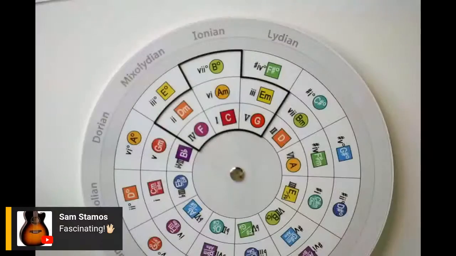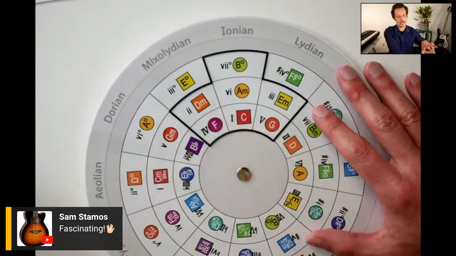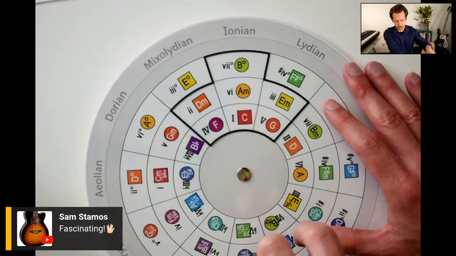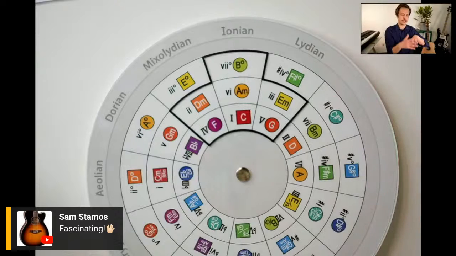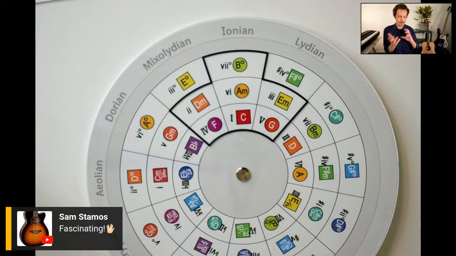And the circle of thirds is a really beautiful thing. Sam Stamos, fascinating, very cool. Yeah, circle of thirds is lesser known than, say, the circle of fifths. A lot of times we talk about the circle of fifths, and in lesson 19, I dive into both in a lot of detail. 19 isn't out quite yet. I'll definitely be talking about it as it gets out. But being able to navigate both and see musical patterns from both perspectives is really helpful,